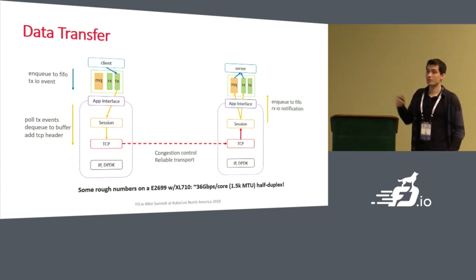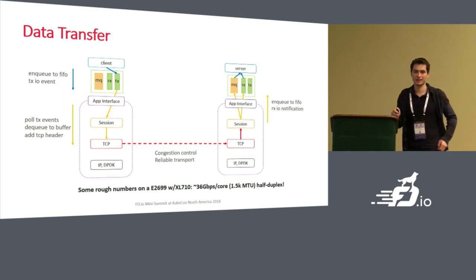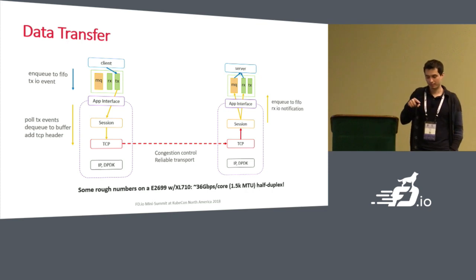And the second observation, those of you who are familiar with the previous numbers that I have reported may be asking yourself, how come the performance has improved so much recently? Well, over the past 6 months, since April, we've worked on optimizing the session and TCP graph nodes in VPP. And apart from that, we also have a TX pacer. So now it's harder to overdrive the NIC and get packet losses and enter retransmission.